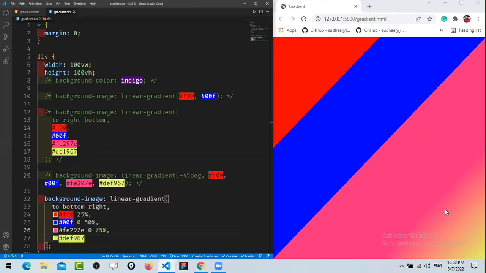You can see here these two colors are now blurred. You won't be able to see that solid pattern. So for that reason only you have to mention it here. If you mention 100%, is it working? No. So you have to write from where